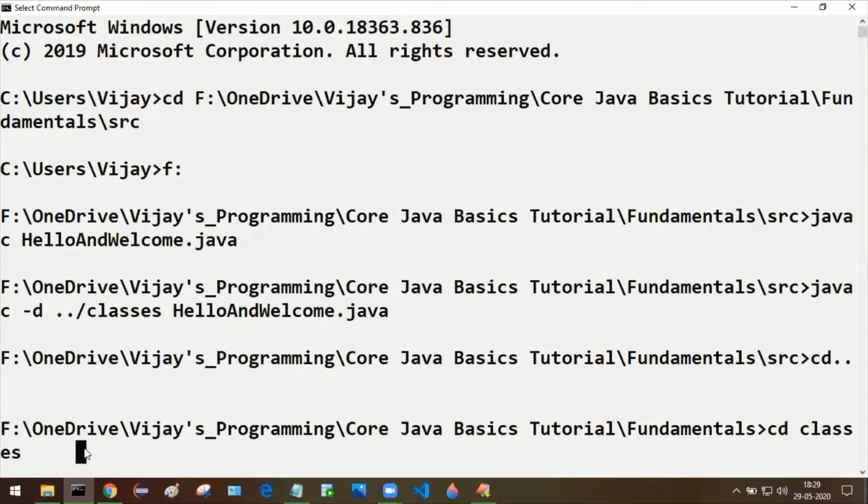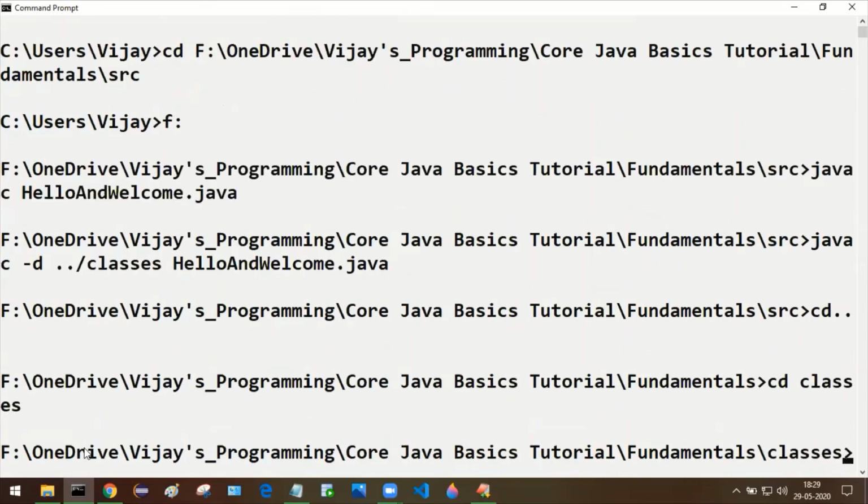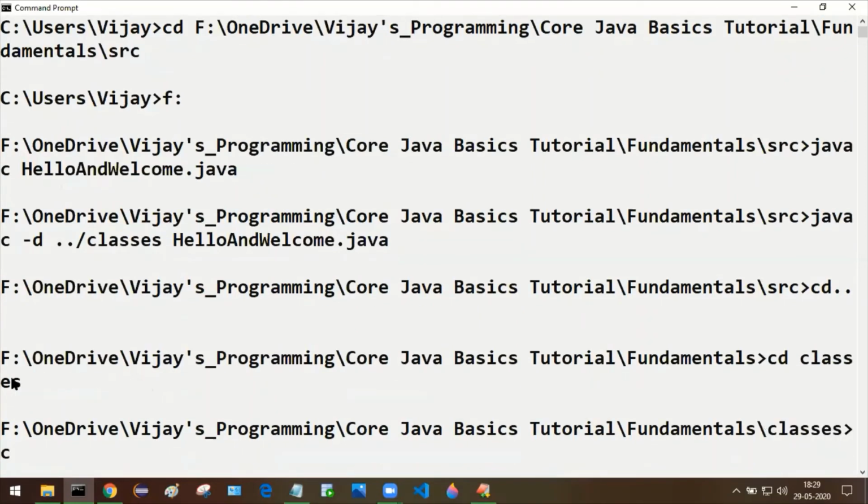In order to run our Java program, I need to go to this folder, then only can we run that generated .class file. Press enter. Now we are in this classes folder. In this very location, you need to trigger the command to run our Java program. What is the command to run a Java program?